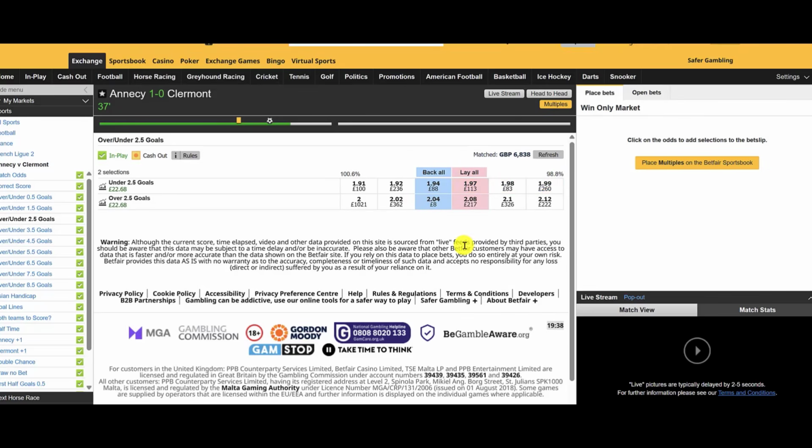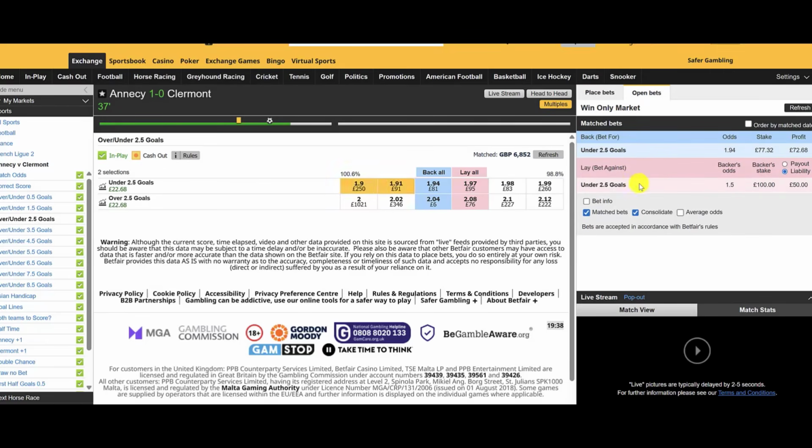So anyway, we're out on this one. Obviously the AI gave us the entry, which was to lay the under 2.5 goals around the 10th minute, I think it was. Got in there, and then we had our next lay order, so it was spread out during that first half. But in the end, we got the goal, and we just took the profit. So simple as that. Football trading made simple. We're out with a profit on the 37th minute.